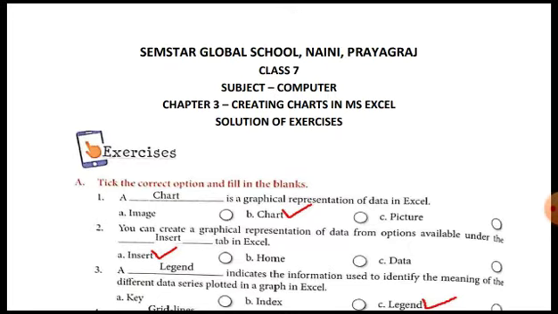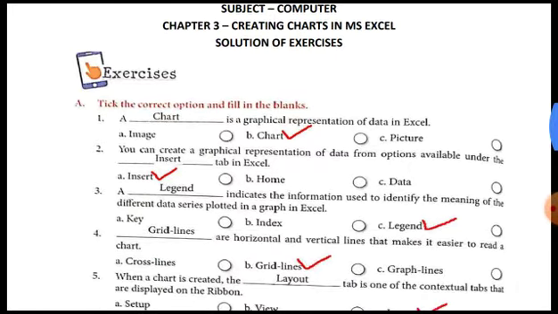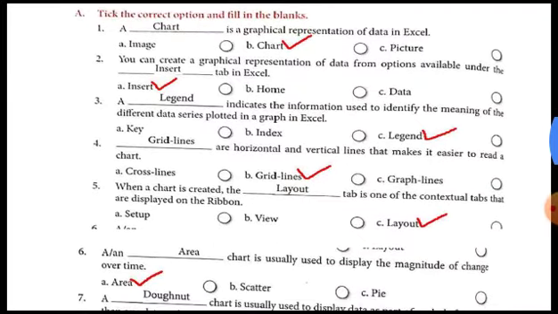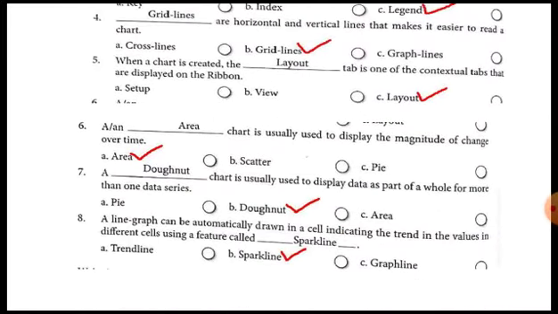In this chapter, I'm providing the solutions of the exercises in two parts. The first part of the solutions I'm providing today in this video, and separately in a PDF I am also providing the solution of the exercises. So this video is just for your explanation purposes. I have provided the whole PDF separately in a PDF file that I am uploading in your Google Classroom today only.